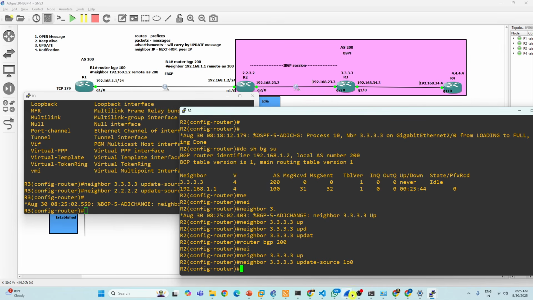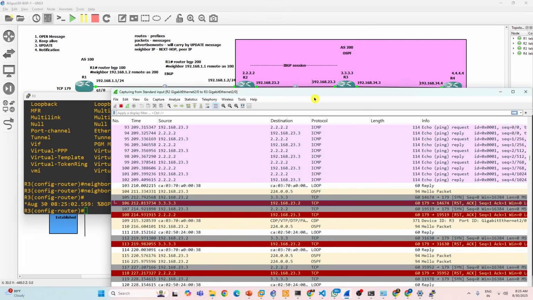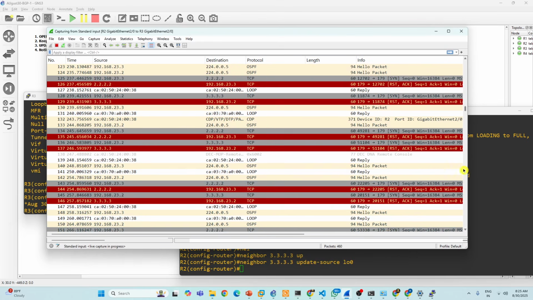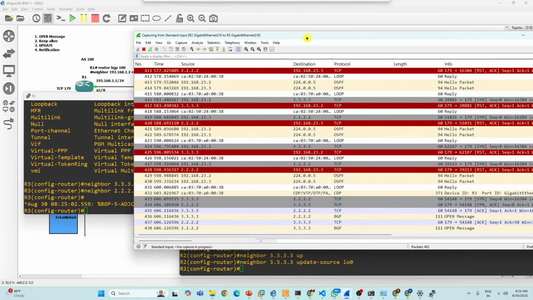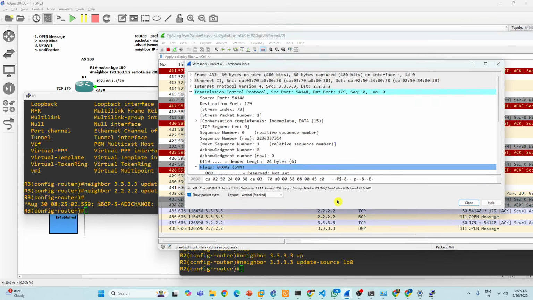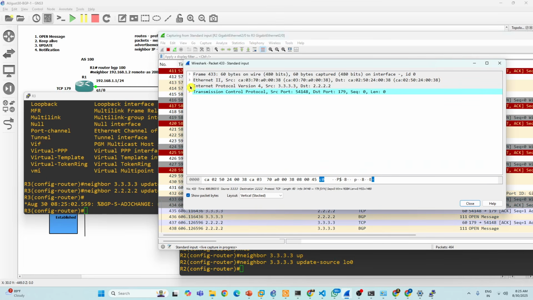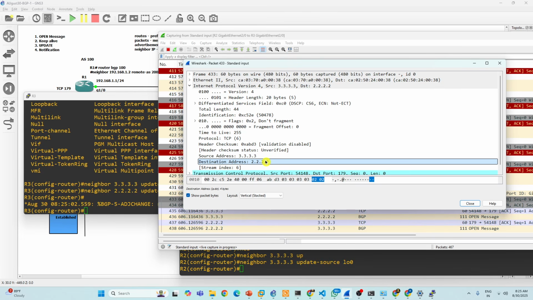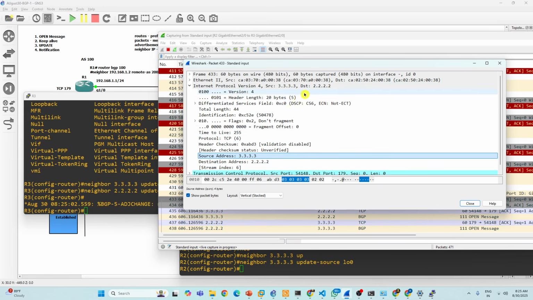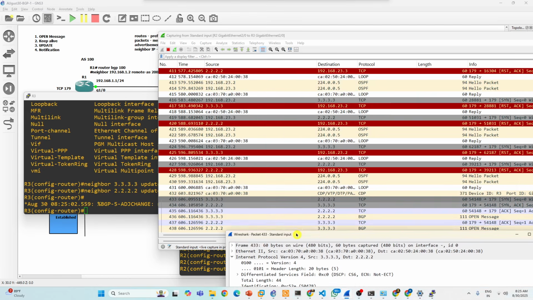Now if you see the packet capture, you may see the three-way handshake happened at the bottom. I first implemented this on the R3 router. See, now the source IP address is 3.3.3.3 and the destination is 2.2.2.2. Earlier, the source IP address was 192.168.23.3, if you see the previous packet.